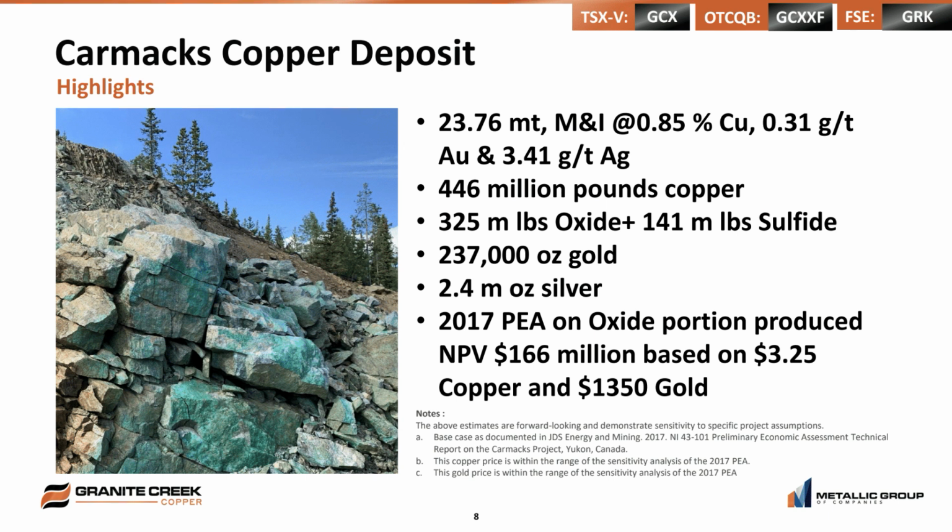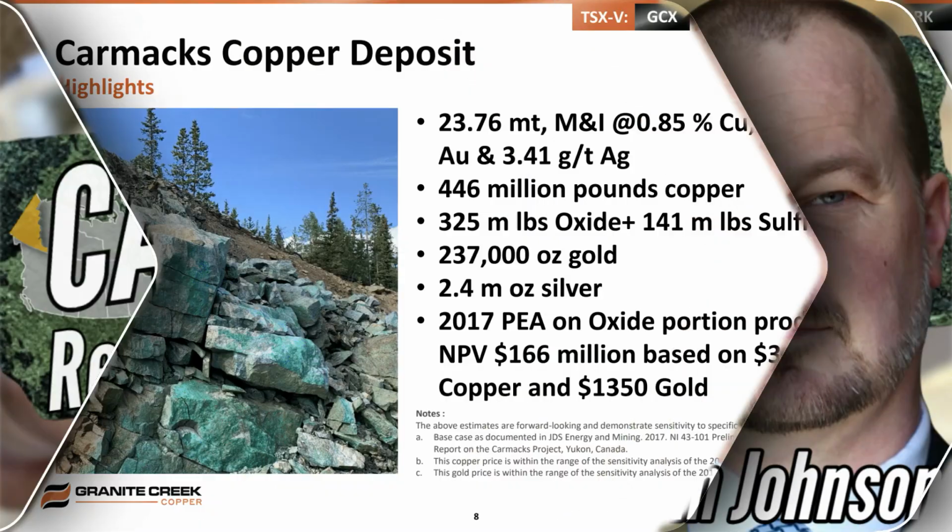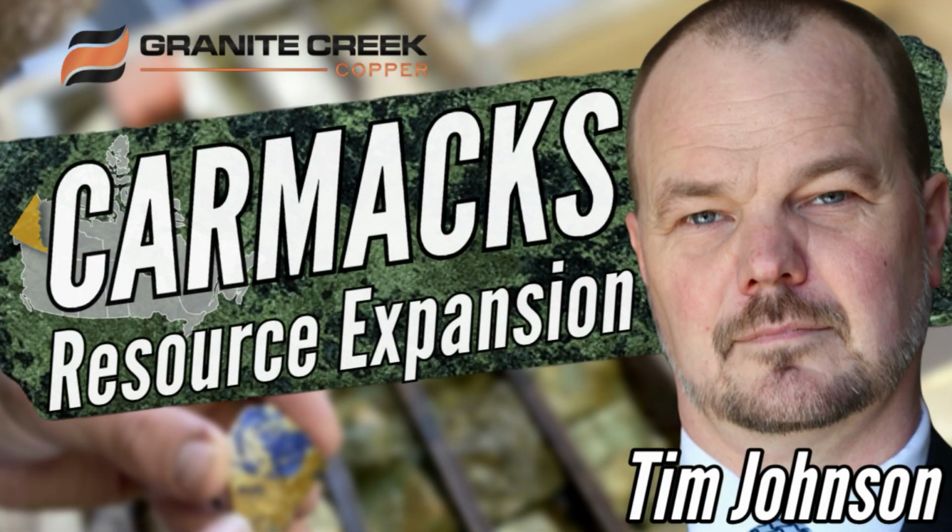What's going to happen is we'll take that information and it will inform our next economic study on the project. We will look at updating the preliminary economic assessment once we have all the results in, both from the work that Sedgman and Mining Plus are doing, and of course with an updated resource that is currently being worked on, to bring the tonnage, the mine plan and the processing plan all into one economic study. Leaving the Carmacks project, sir, please provide us with an update on the capital structure for Granite